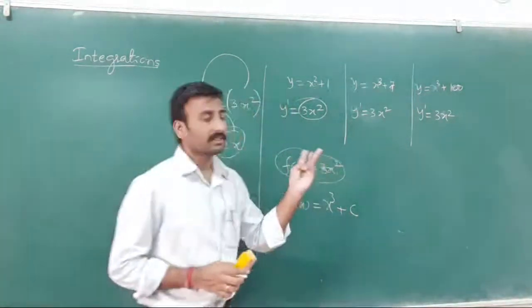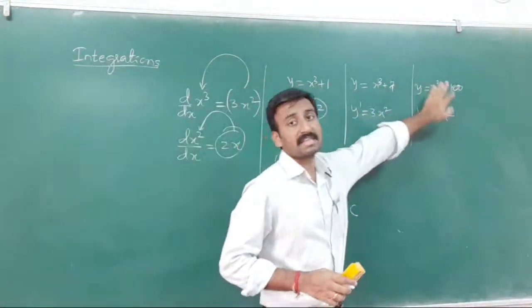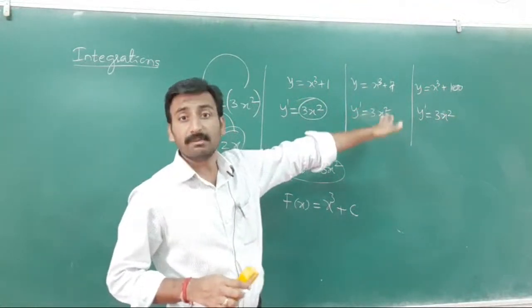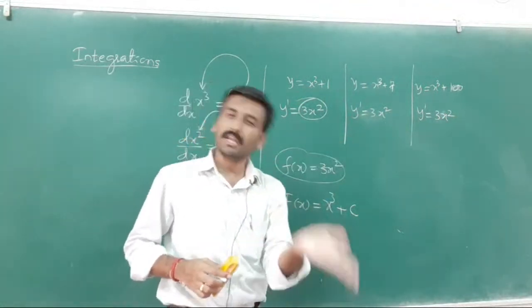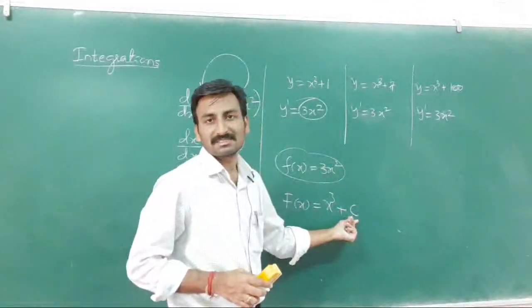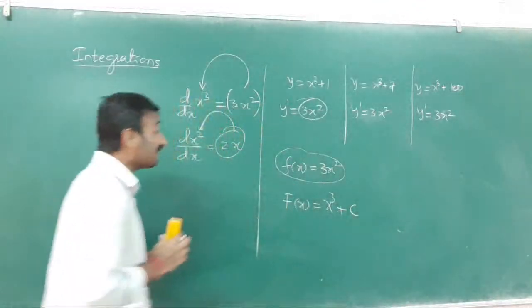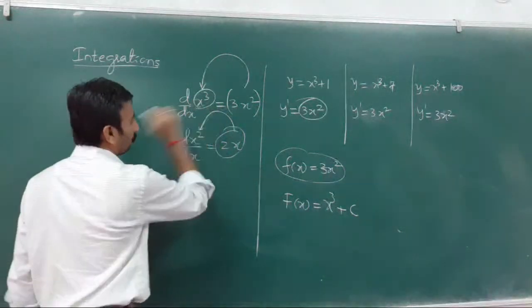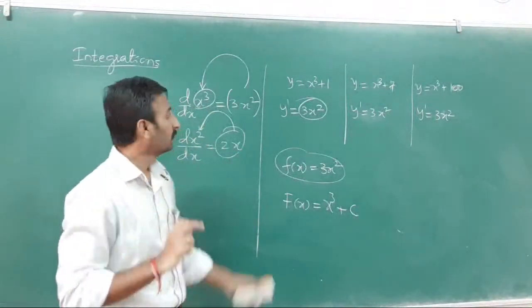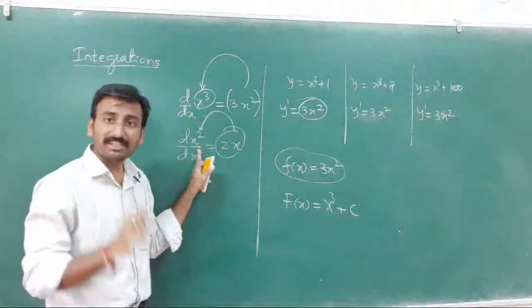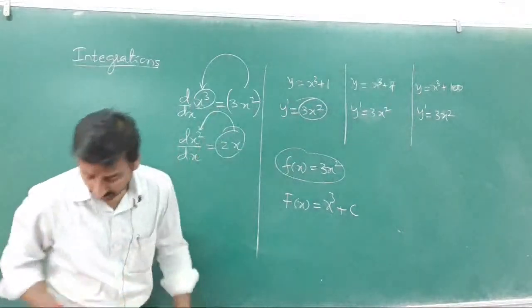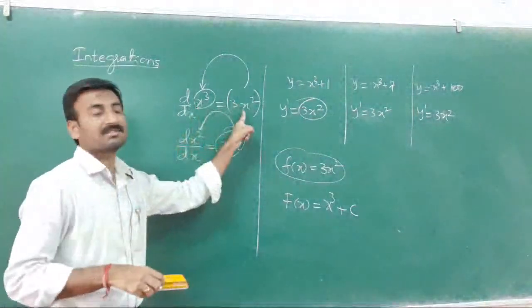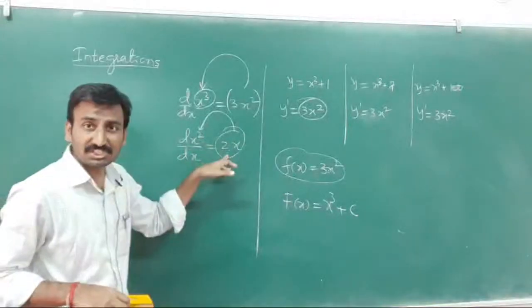Now the same logic: sin x plus 3, sin x plus 7, sin x plus 8, any number if you take, after differentiation all look the same, means the variable looks the same, the constant vanishes. But when I go with the reverse, I have to add the constant c. Correct? So this reverse process is nothing but, look at this, you have x cube, degree is 3, you have x square, degree is 2. When I do the differentiation,